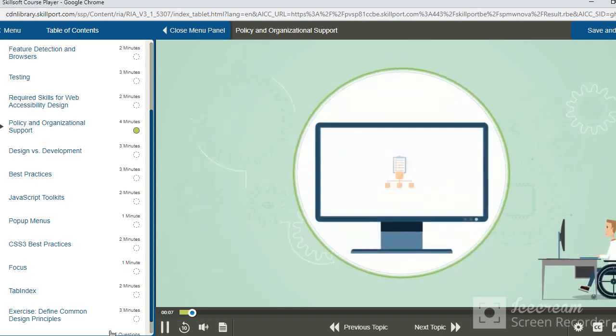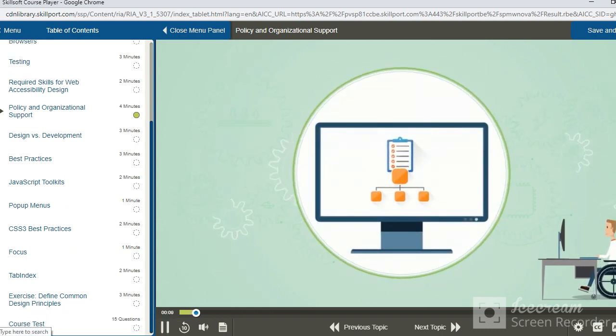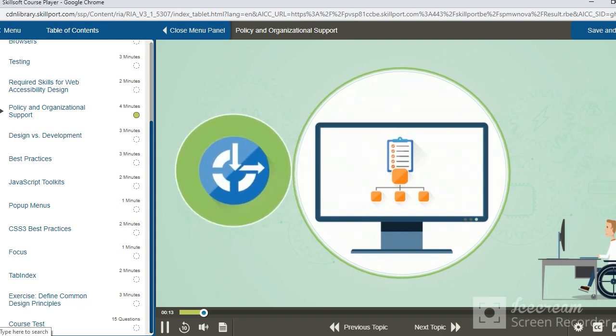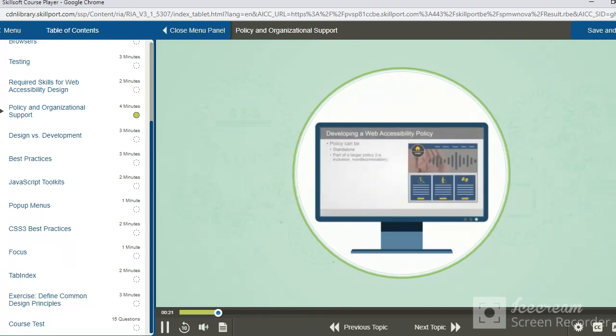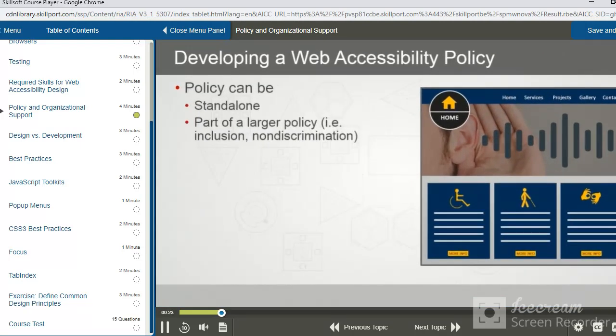In this video, I'll discuss policy and organizational support and how it nurtures a more inclusive environment for accessibility. If you're considering developing or updating your web accessibility policy, there are some guidelines that you may want to consider. A policy can be a standalone policy or part of a larger policy, for example, an organizational policy for inclusionary